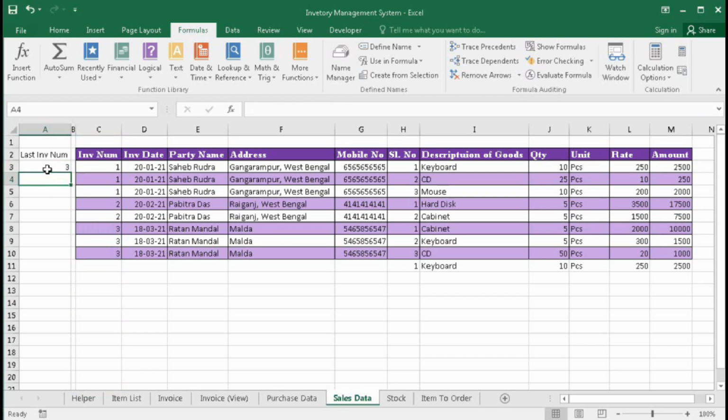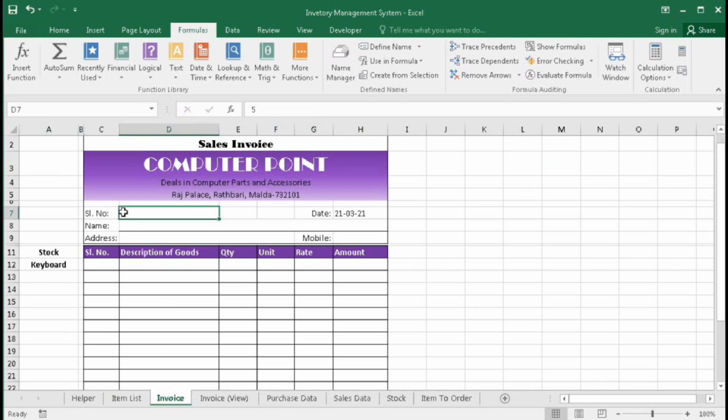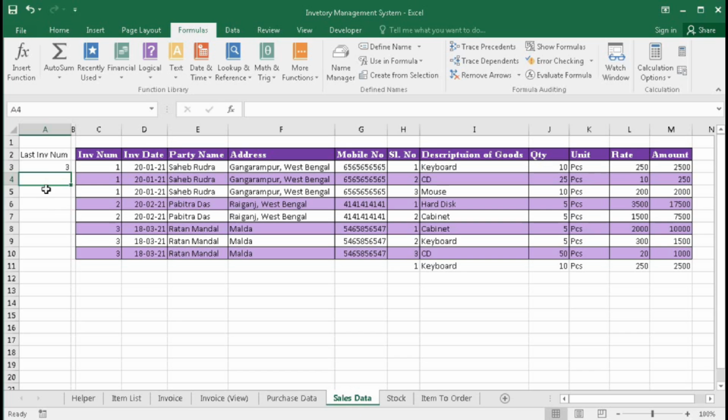So last invoice number is 3. So go to invoice and type here sales for now, and later on we will change automatically by VBA code. So here we got sales invoice and type here. So here it should be automatically changed. So that one I'll also do. For now it is 3.